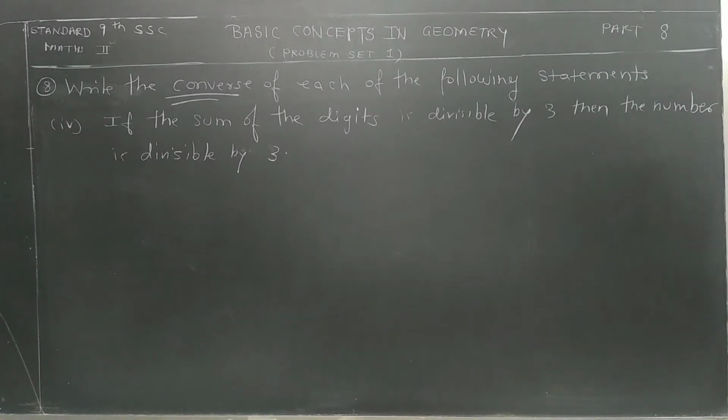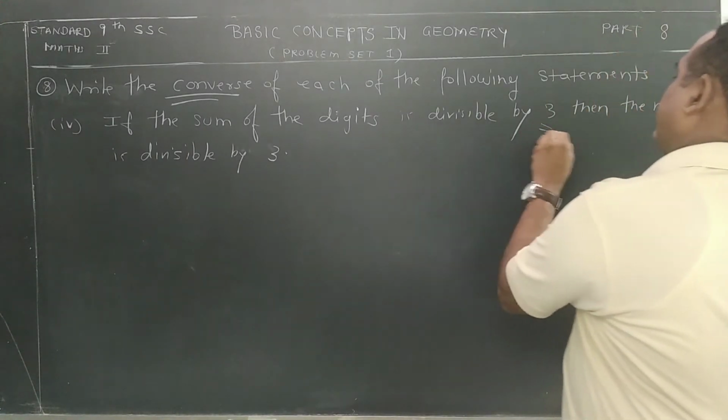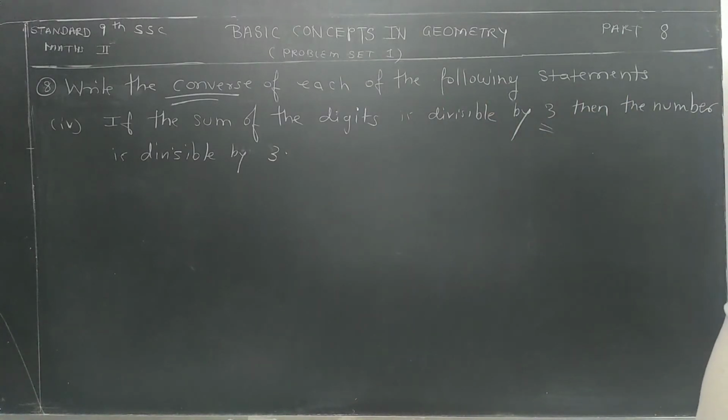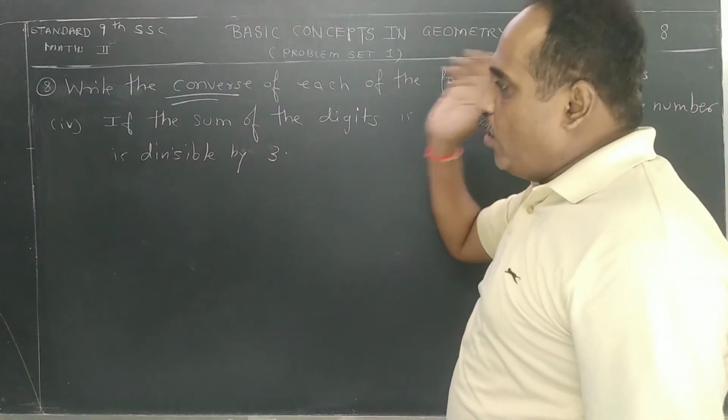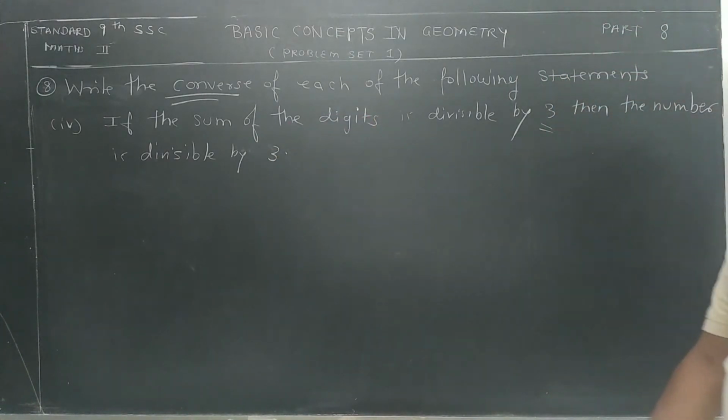If the sum of the digits is divisible by 3, then the number is divisible. Actually, it is one of the very important properties of divisibility by 3. जैसे हमारे पास कुछ properties हैं ना, जैसे कि even numbers are always divisible by 2. Then last में अगर 10 और 5 रहेगा, they are all divisible by 5. This is the property, students.